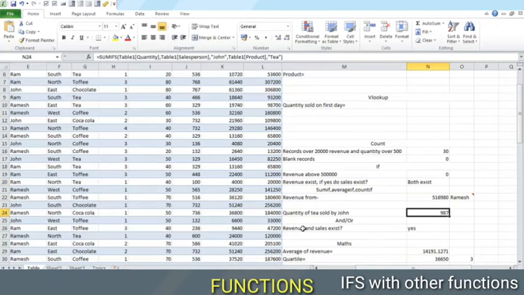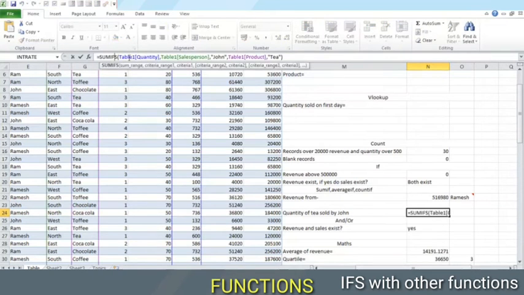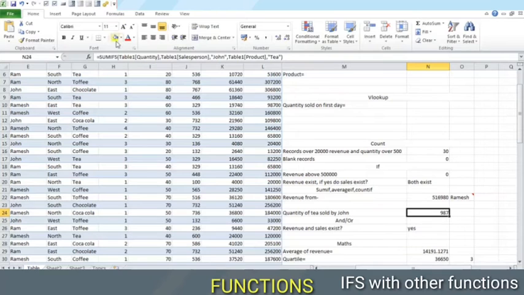And here is an example of SUMIFS: quantity of tea sold by John. The syntax here is a little different. The sum range, which was at the end in SUMIF, comes at the start. We want to find the sum of quantity. The first criteria range is salesperson, we selected that column. What we need is John. Second criteria, product. We select the product column and write tea. So these two criteria get applied to this sum range, and we get the quantity of tea sold by John. Hence two conditions applied in a SUMIF becomes SUMIFS. In this way you can check for AVERAGEIFS, etc.